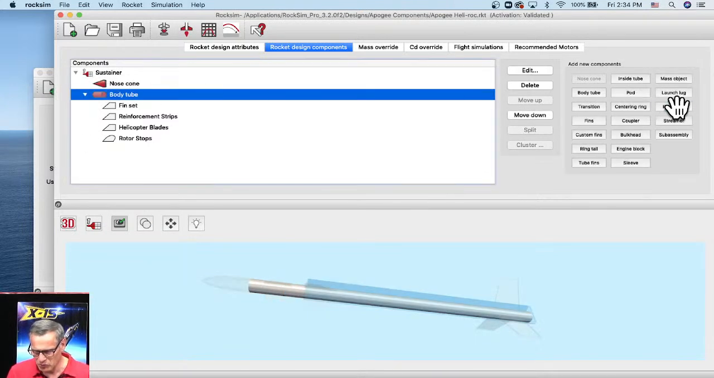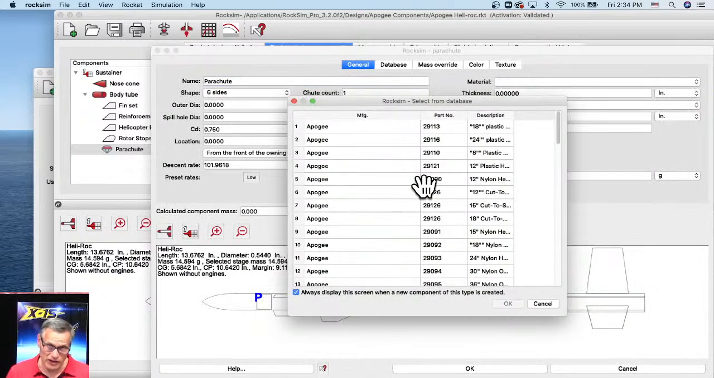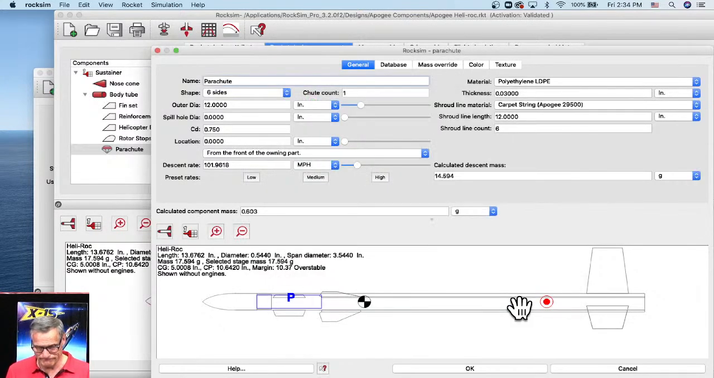You know, put a parachute in, and then it's a matter of figuring out how big of a parachute has the same descent rate as your spinning helicopter. So you need to do some tests. So right now I put in a 12-inch parachute, so I click OK,